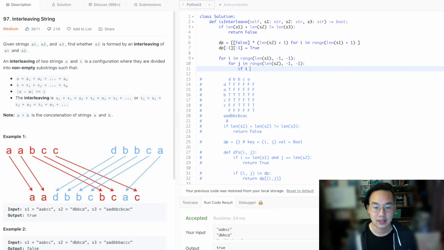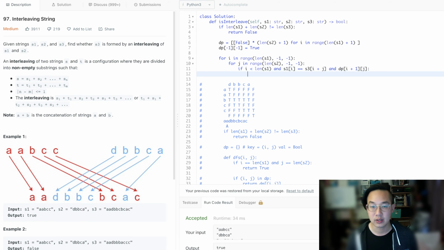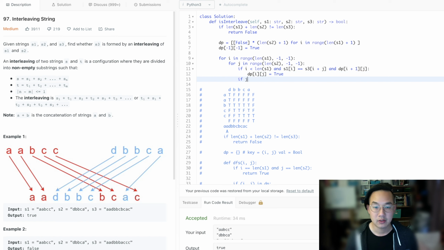If I is less than length of S1 and S1 at I equals S3 at I plus J, and dp of I plus 1, the one in front, is true, then dp of ij is true. If j is less than length of S2 and S2 at j is equal to S3 at I plus j,